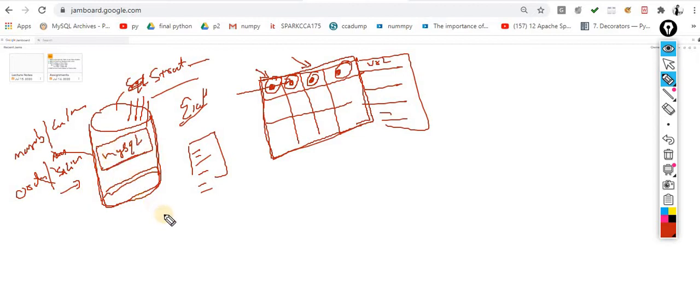Now we are supposed to store the data over here. Our task is to decide when we have to use this. When there is a very small amount of data, files play an important role. When your data is small, say only 100 entries or 200 entries, you can take the help of simple files.